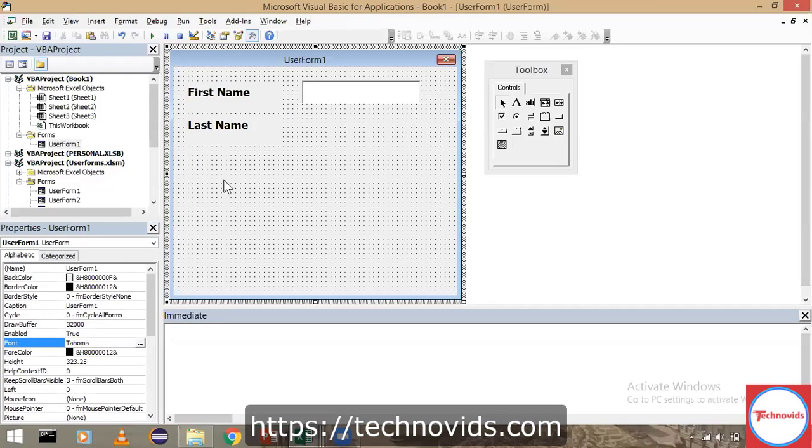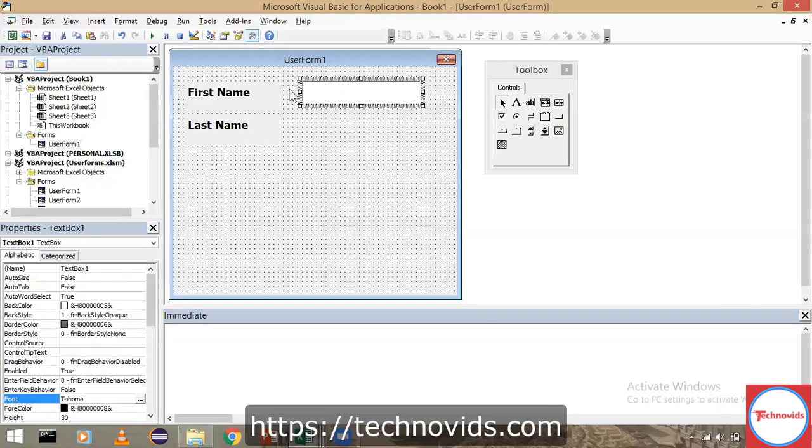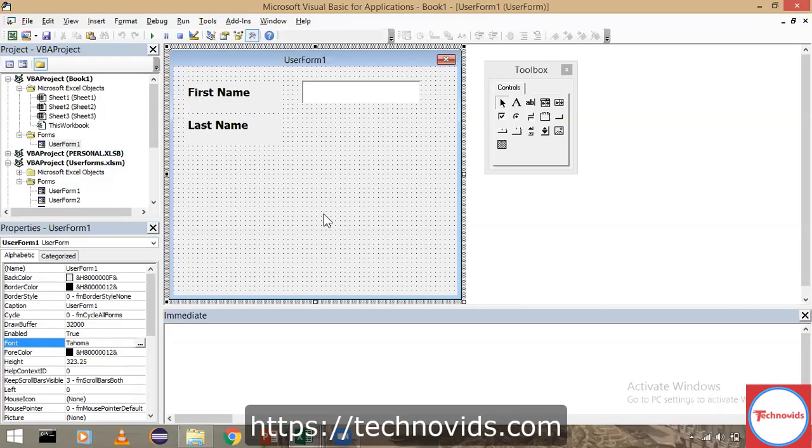When you're creating user forms and labels like this, always do a copy paste so that all the formatting you have done can be copied like that. If you create a new label once again, you will have to do the formatting from the beginning, which is a little tedious to repeat again and again. So it's always better to copy things so that the same text, same width, same length, same height, everything can be achieved. So I'm going to copy this text box once again, Control C, put it over here, Control V.